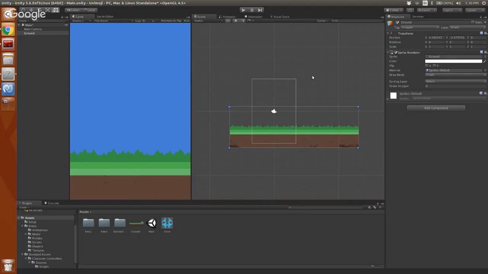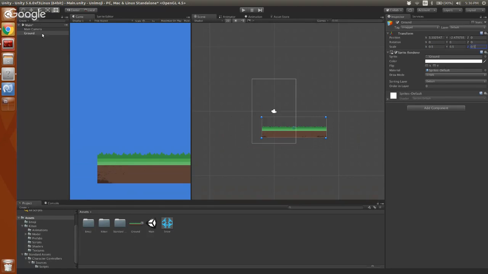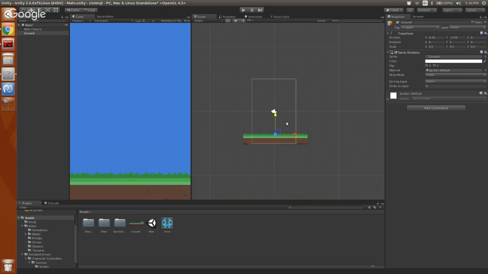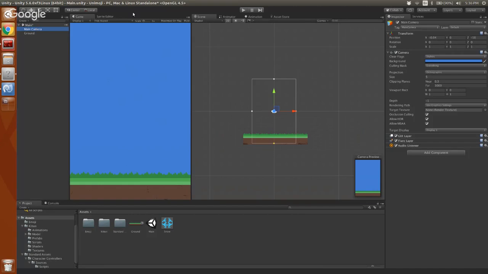It's a little big, so I think I'll scale it down a little bit. So put like 0.5. Then I'll change my positioning handles. There you go. Now, my background blue, this sky blue, is too blue. It kind of meshes with that green. So I'm going to go to the main camera. I'll go over to the camera in the inspector and look at the background.